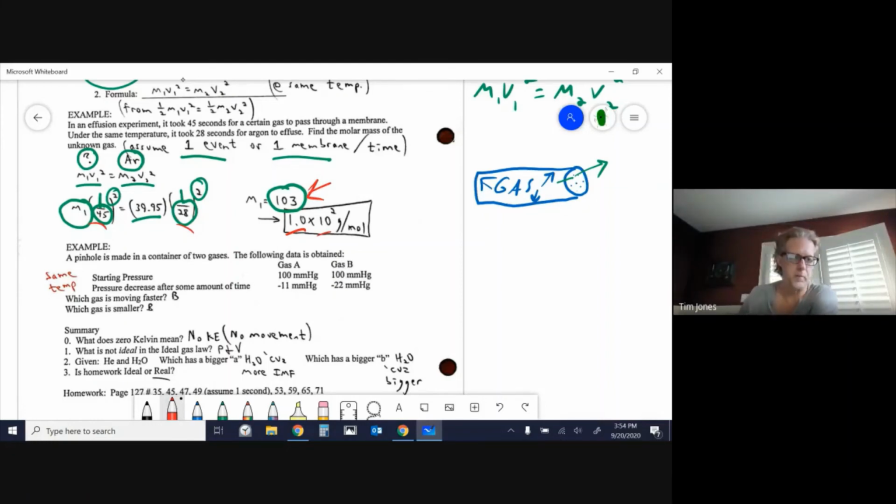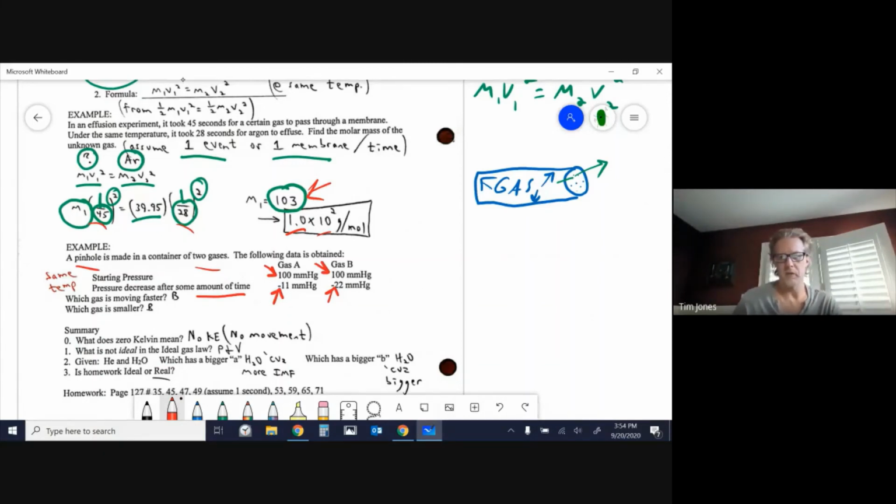All right, another example. A pinhole is made in a container of 2 gases. The following data is obtained. The starting pressure of both gases is 100 millimeters of mercury. And it's noticed that after a certain amount of time, the pressure of gas A has gone down 11 millimeters of mercury and gas B has gone down 22. Well, the fact that gas B's pressure is going down faster